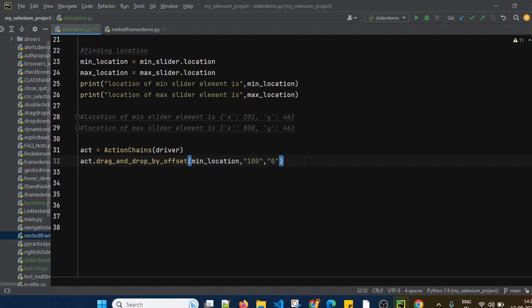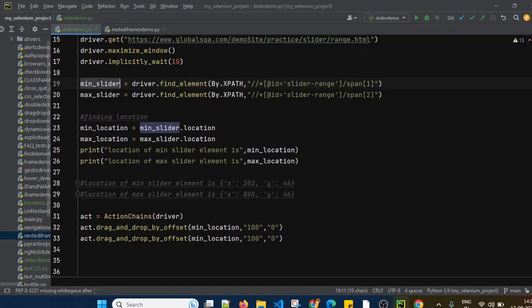And after that, let's see what happens. This is for the minimum slider, and similarly we have to use the same method for the maximum slider as well. Here we don't use the minimum location but the element which we want to move, that is the max slider web element, which will be moved along the x coordinate by 100 pixels to the right side.